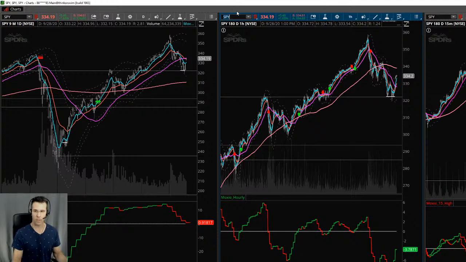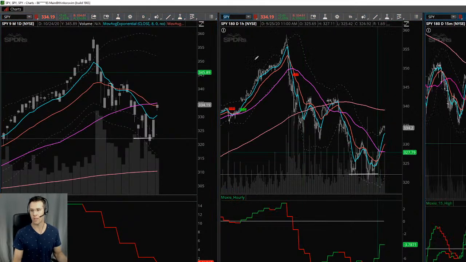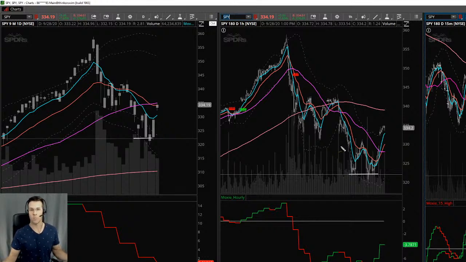But the market has, for now, bounced. Let me zoom in here a little bit. We've been seeing a lot of strength. We got a good short covering rally Friday, and then we got this big gap up today. I always say that's great that something has moved up in a big way like that, but we need to be careful.